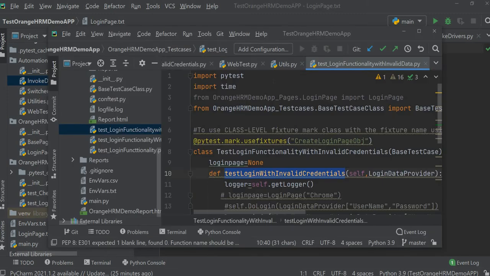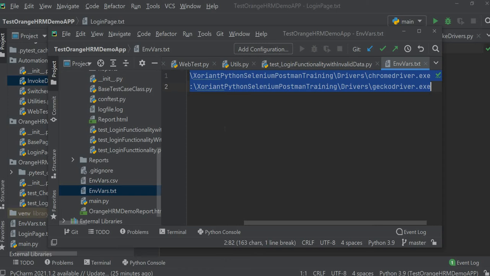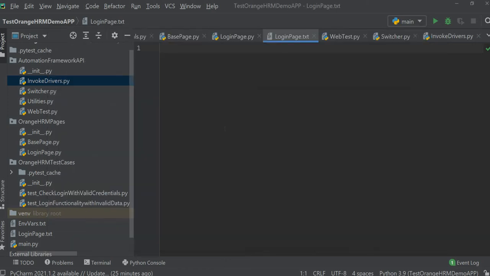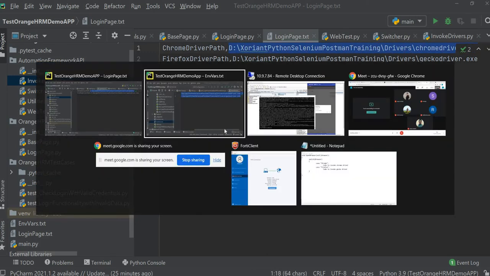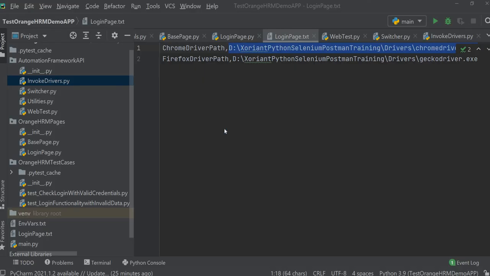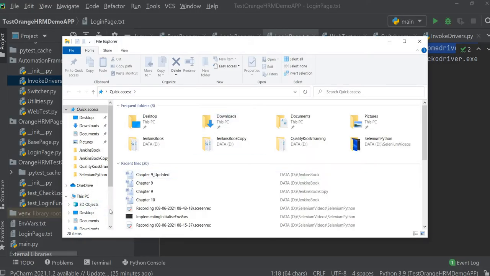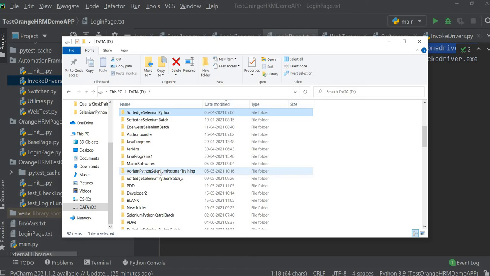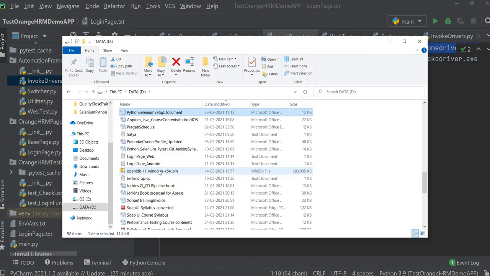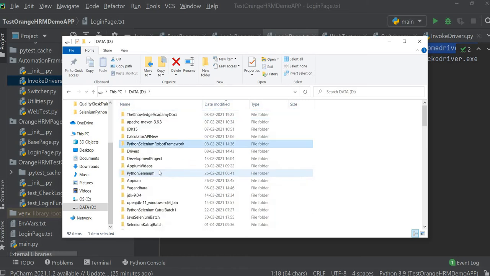Okay, wait. Oh, I don't know how it became blank. This file. Let me put the path. So I am going to this. Just a minute. Python.